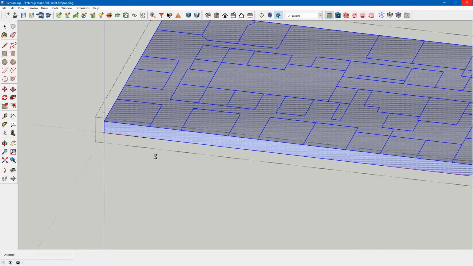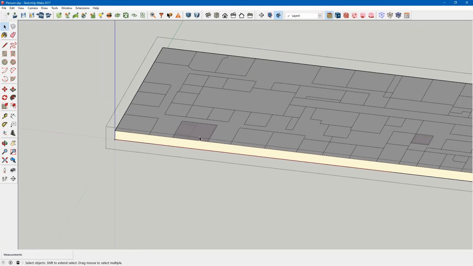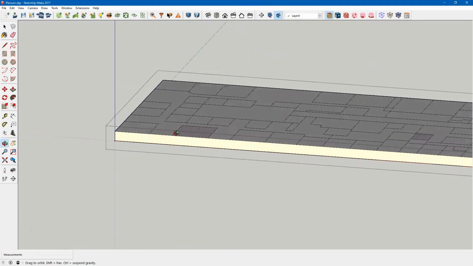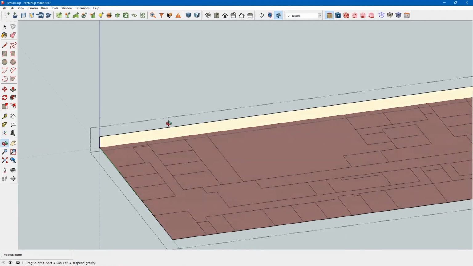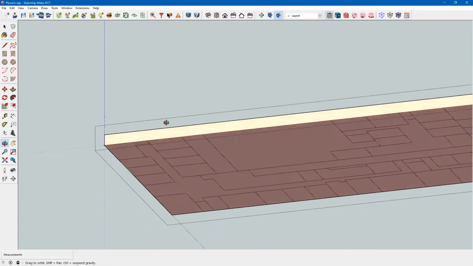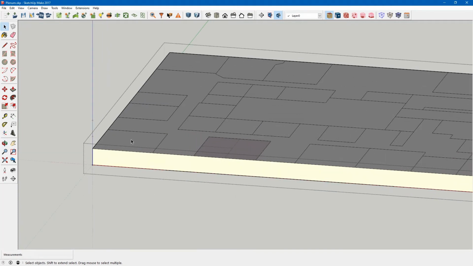And it takes a minute. And there we go. So you can see that for the most part this geometry was pasted into this space, but there's a problem.